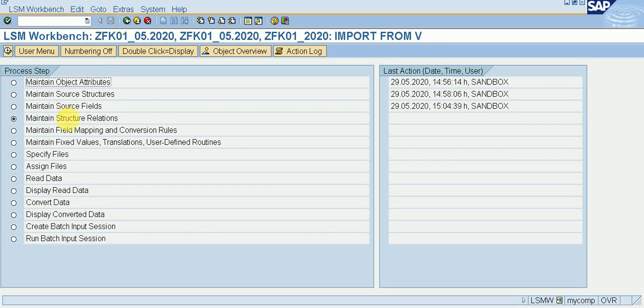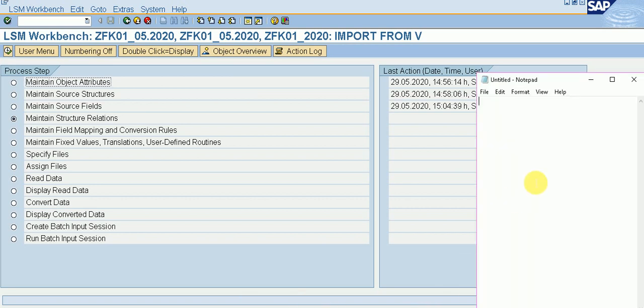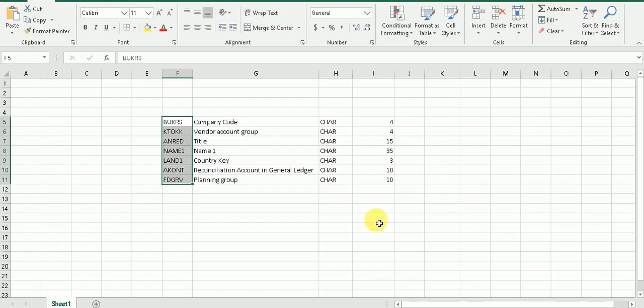Now we have to create a notepad. So we have a notepad, and how to create a notepad. Okay, according to our Excel sheet, I will create a notepad. So first is company code. Okay, so my company code is XYZ1.